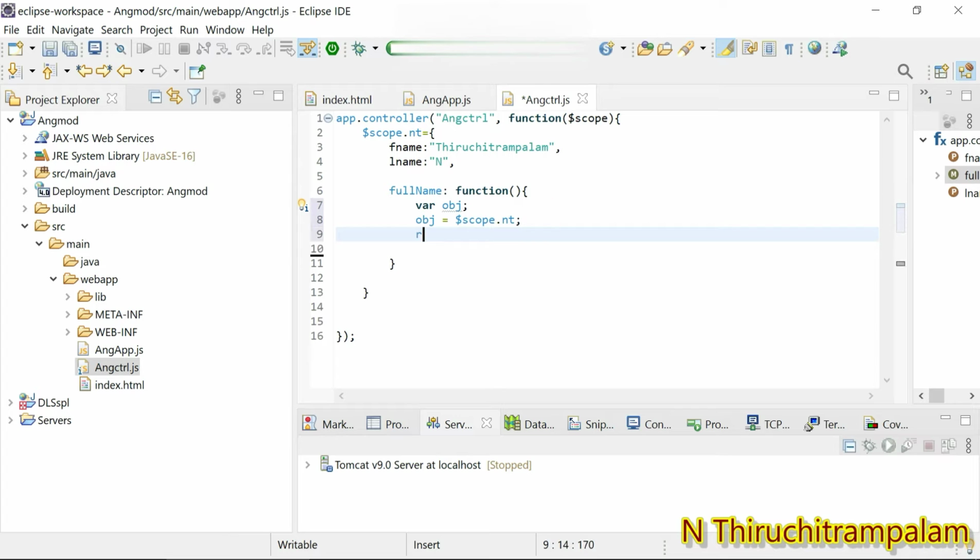So now I'm going to return obj dot, now this obj does have access to this fname and lname values. So I'm going to use obj.fname plus, sorry, first I need to give lname, and then plus obj.fname. That's it.